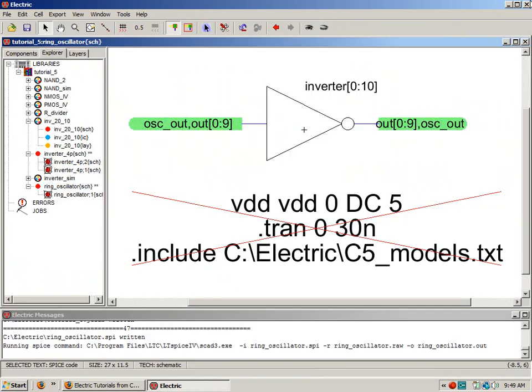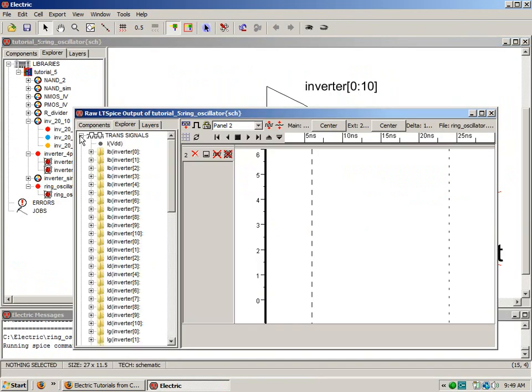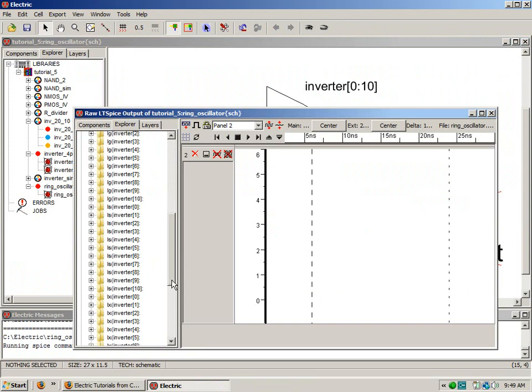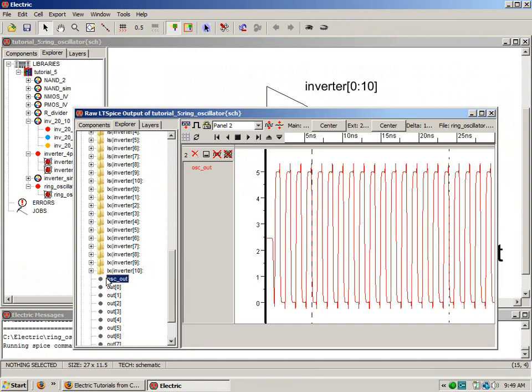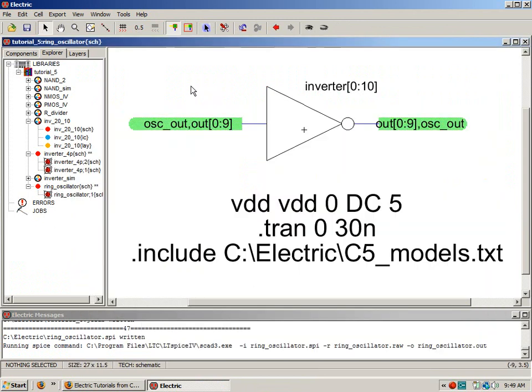Looking good. Looking good. All right, we're ready to make the layout of this cell. So this is where the arraying will come in handy. So let's do an edit